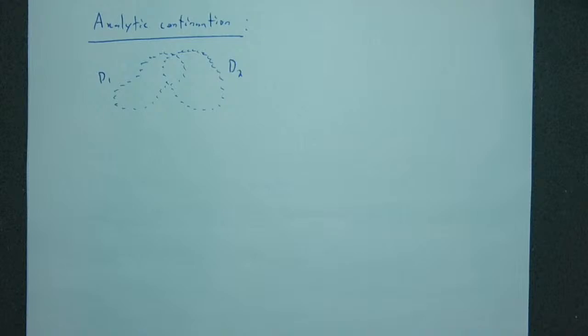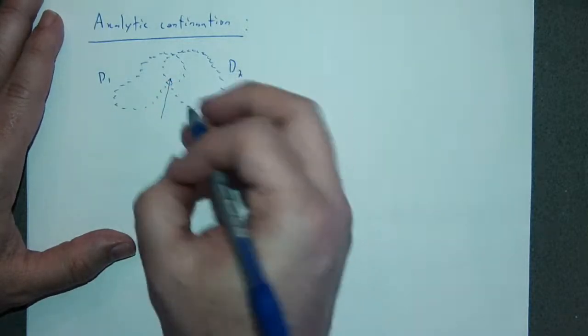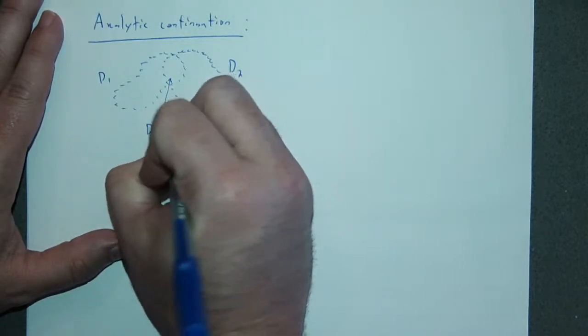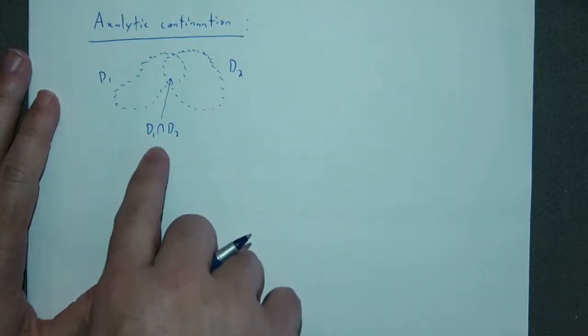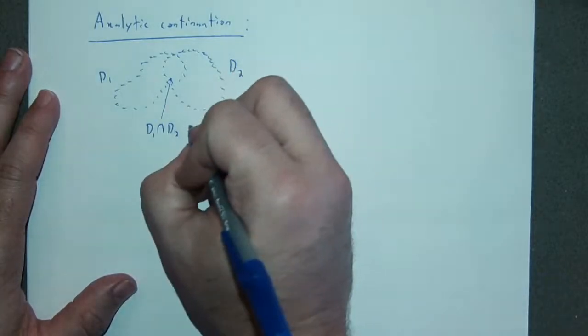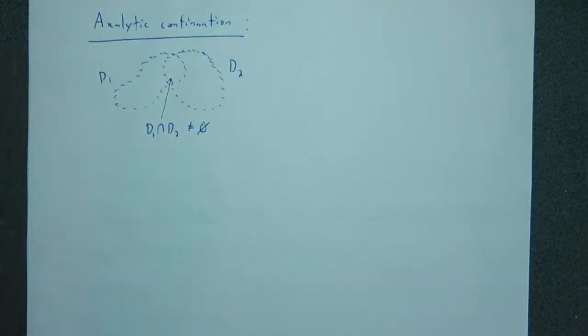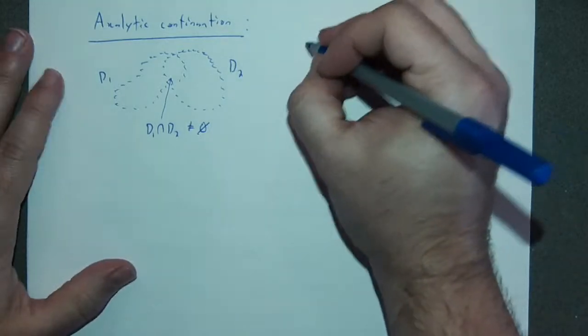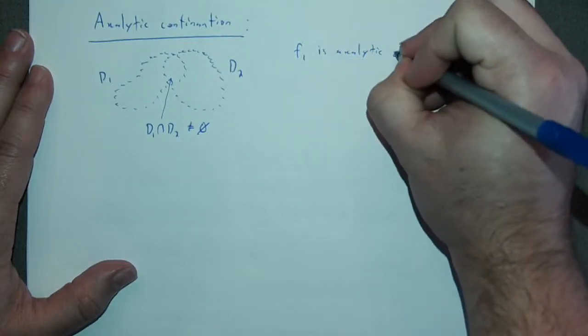Then this overlap, the set they have in common, is of course their intersection, D sub 1 intersected with D sub 2. Let's say that this intersection is non-empty. So in this setting, these things aren't disjoint. The intersection is not the empty set. So if we have that, and if we start with a function f sub 1, and this f sub 1 is analytic on D sub 1,